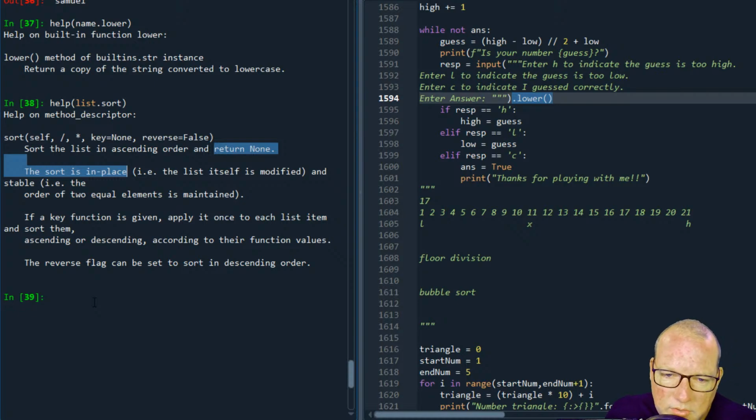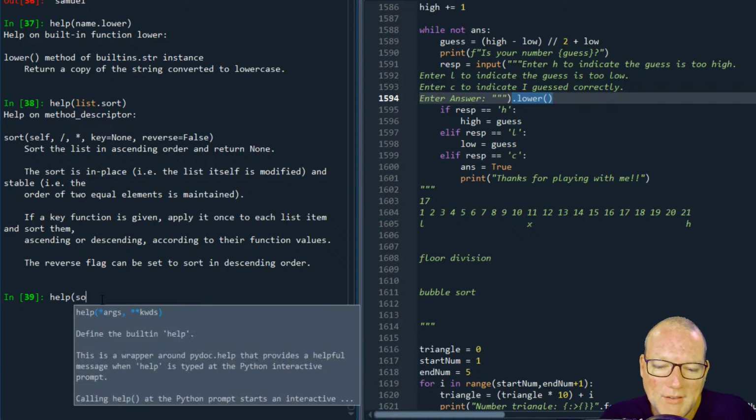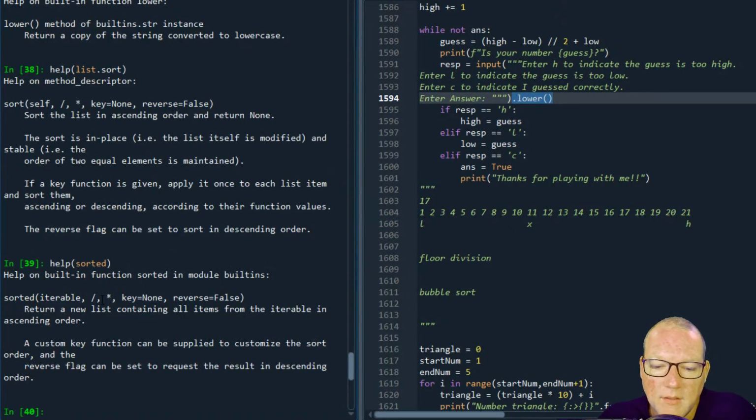So I'm trying to think of all the others. You have sort, which is a built-in method, a dot notation. Then you have the sorted function, that is you run an iterator through sorted. And sorted looks like this. Help dot sorted. Built-in function, return a new list.